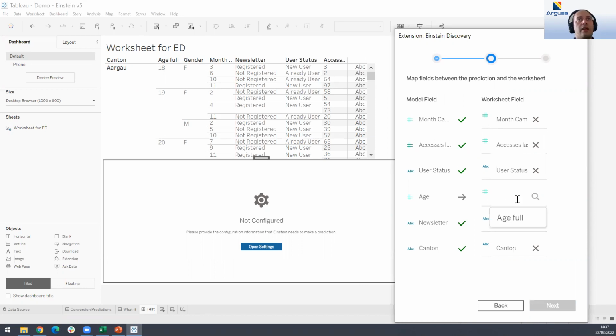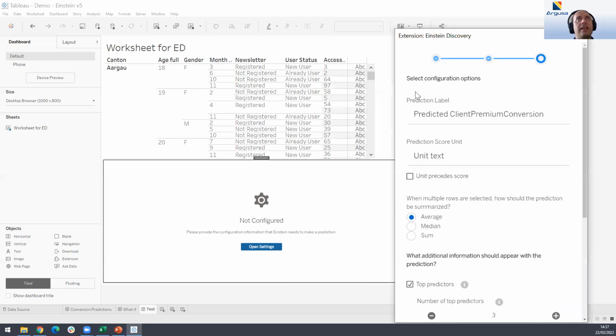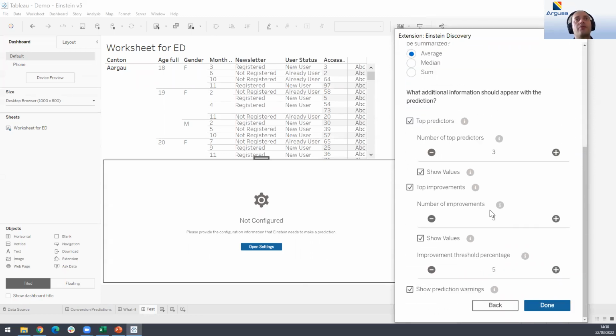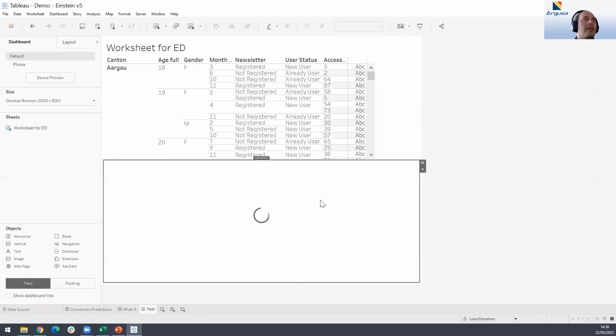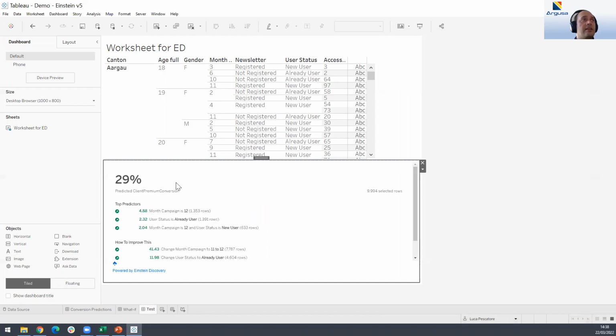In this case, I have one that doesn't match. I have age, which is actually called age full in my data set. So I can select it manually, otherwise it is picked up automatically. Then I click next. I can use percentage as a unit of the probability, and then click on done. And voila, Einstein thinks a little bit about it, and the extension is set up,